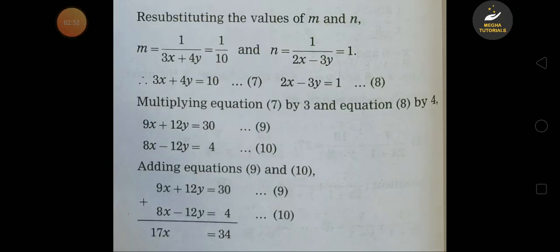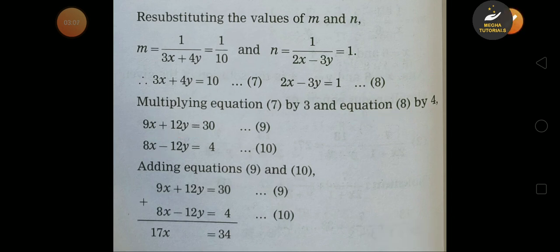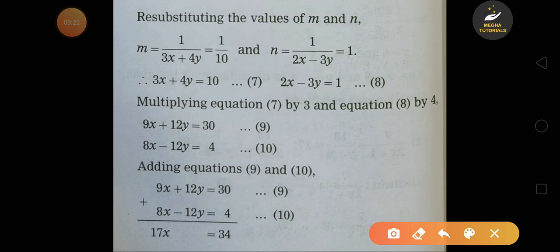So multiply equation 7 by 3, so we will get 9x plus 12y is equal to 30, and equation 8 by 4, so we will get 8x minus 12y is equal to 4, that is equation 9 and equation 10. So we will eliminate y. So after addition of equation 9 and equation 10, we will get 9x plus 12y is equal to 30 plus 8x